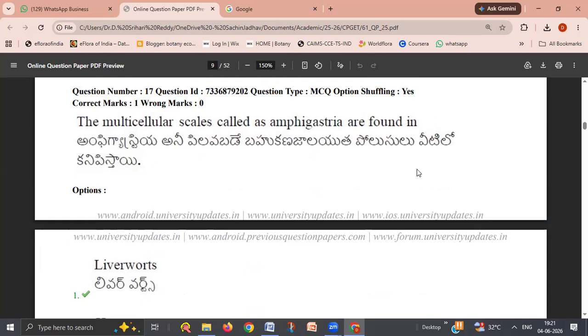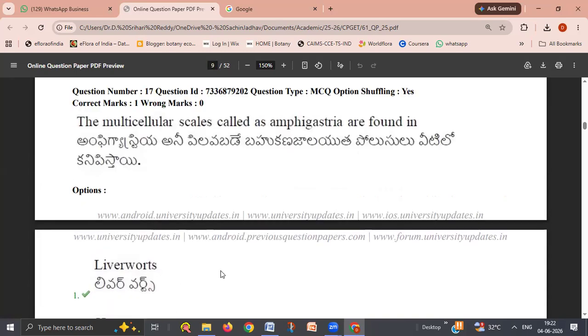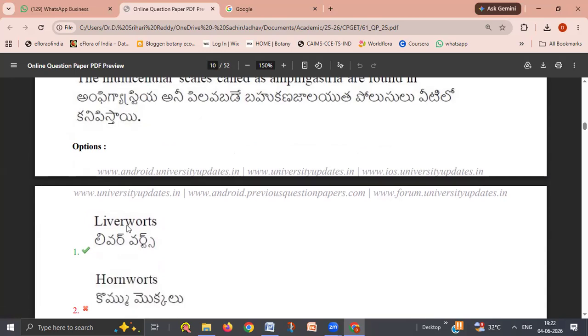So algae and fungi both are completed. Now the questions from the bryophytes we are seeing here. The multicellular scales called as amphigastria. Usually in our books it is not referred to mostly. So you see, in the bryophytes there are liverworts, hornworts and mosses. Mostly these bryophytes are divided into liverworts. These are the primitive bryophytes. Primitive bryophytes are called as liverworts, like Riccia, Marchantia, because their thallus,